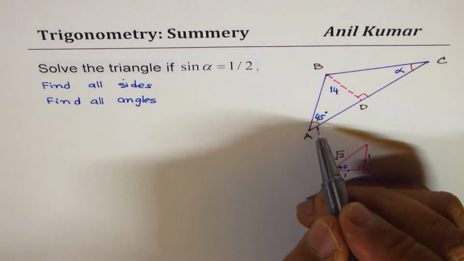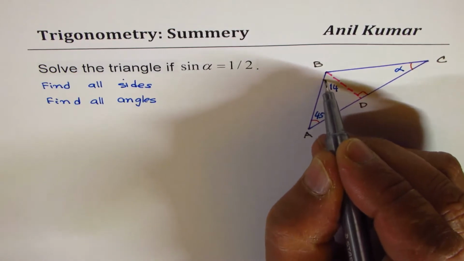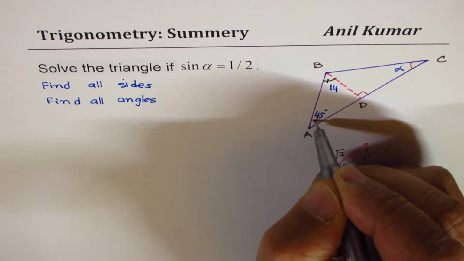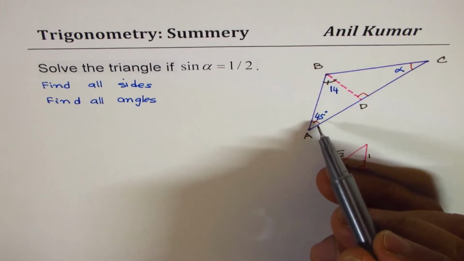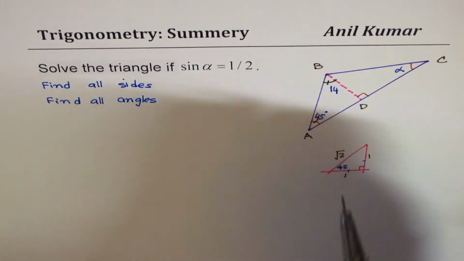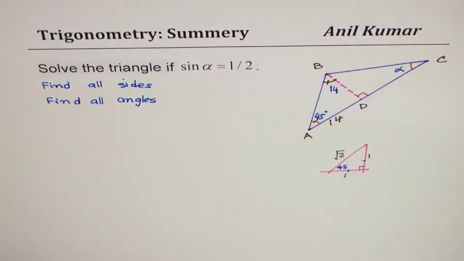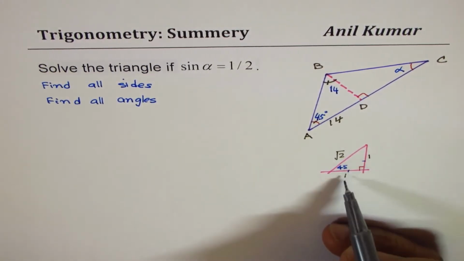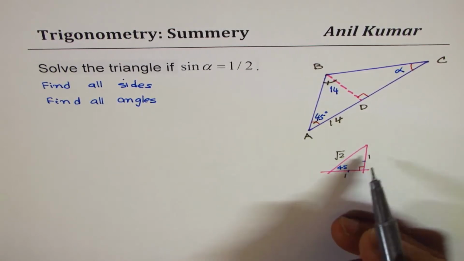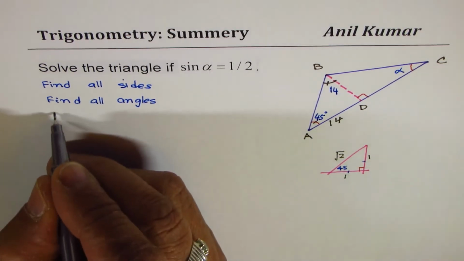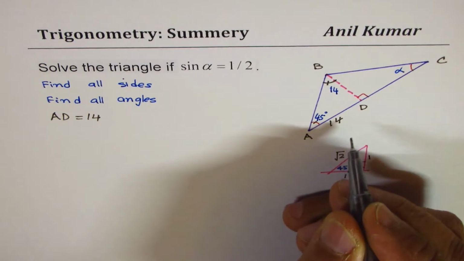Since we know this is 45 degrees, and that is 90 degrees, this has to be 45. So these two are equal. Isosceles triangle. Sides opposite should also be equal. Therefore, AD should be 14. Right? So straight away, from my special triangle, I get an idea that the two sides have to be equal, right? So that gives us AD equals 14 units,